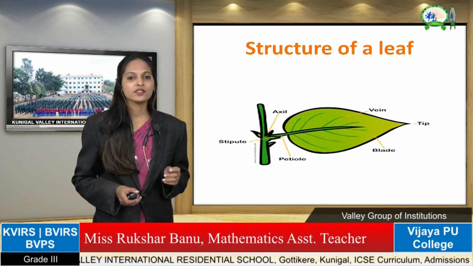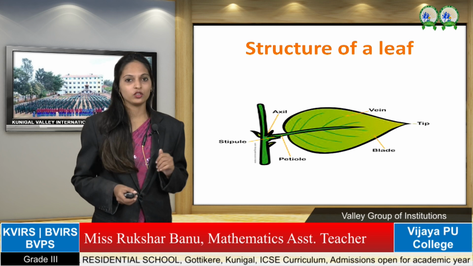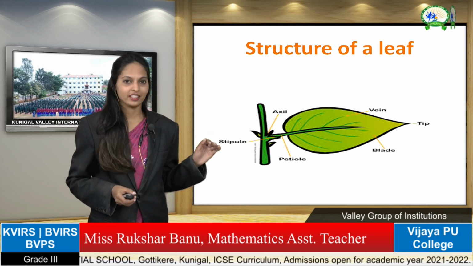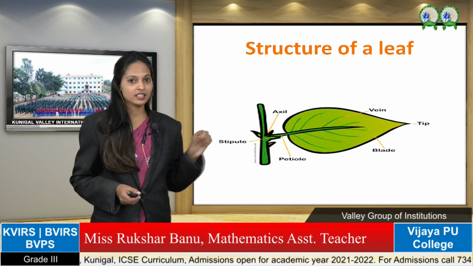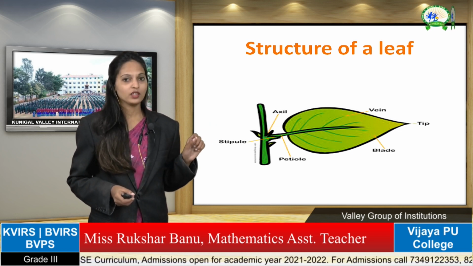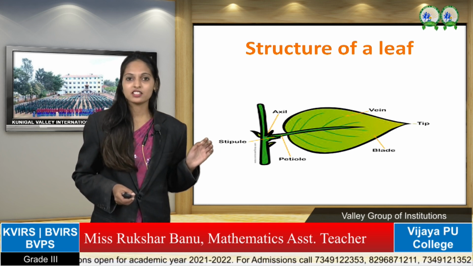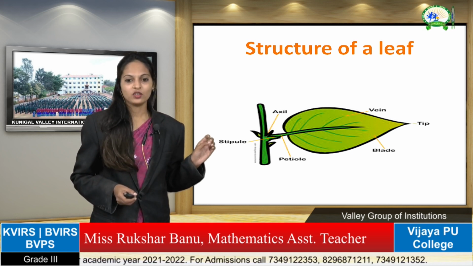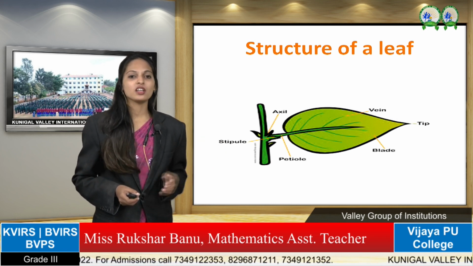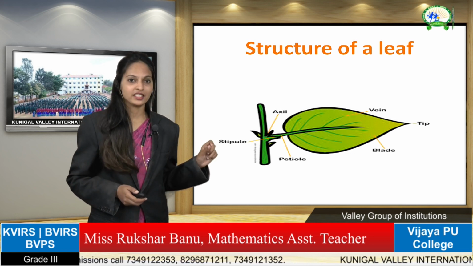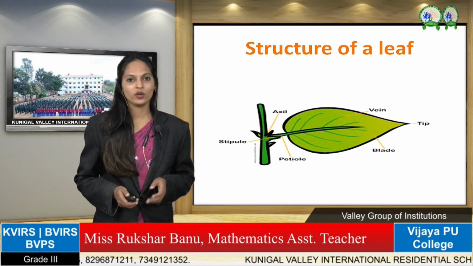Here, in these leaves also, you can see the fine lines in the leaf, that is the vein. In the middle of the leaf blade, we can see the main vein. So this main vein is known as the midvein. You can see other smaller veins also connected to the main vein. That is the side veins.